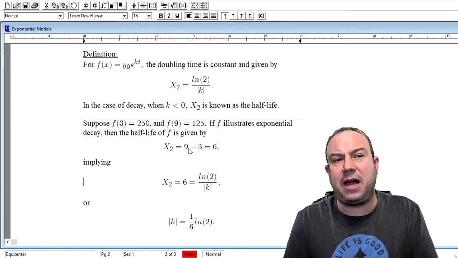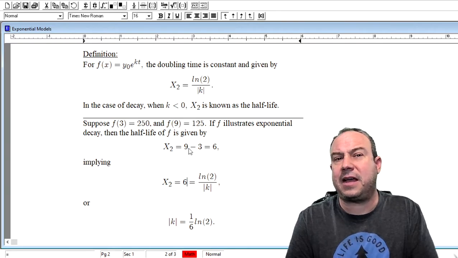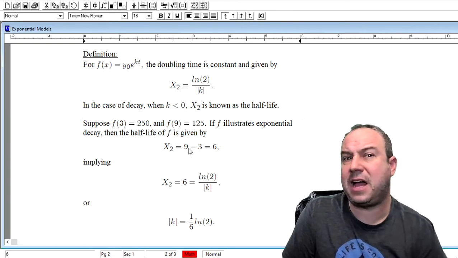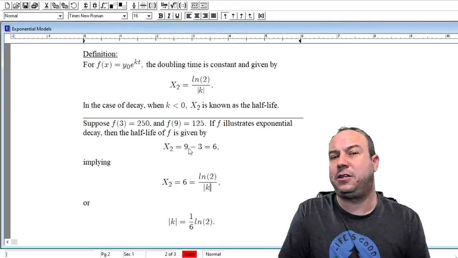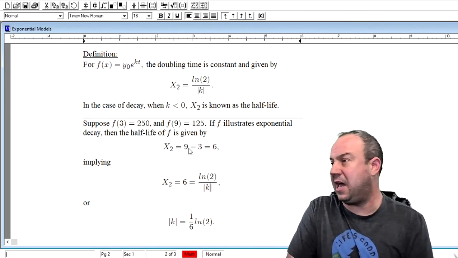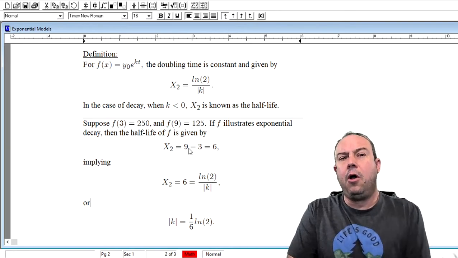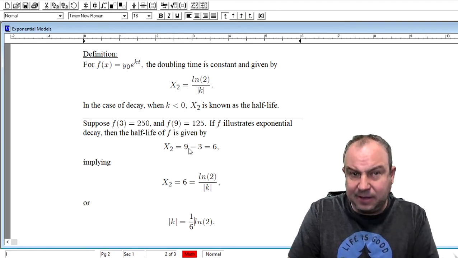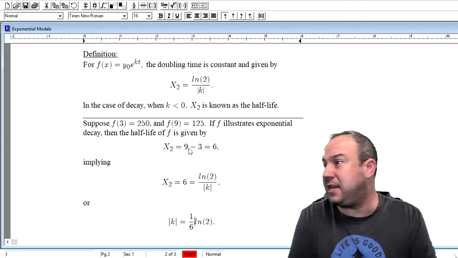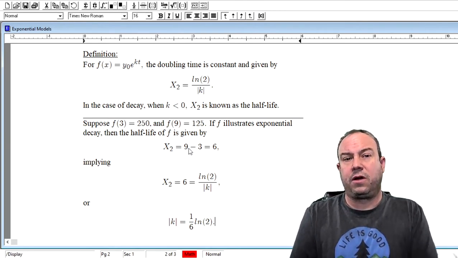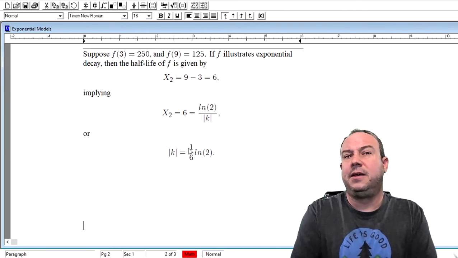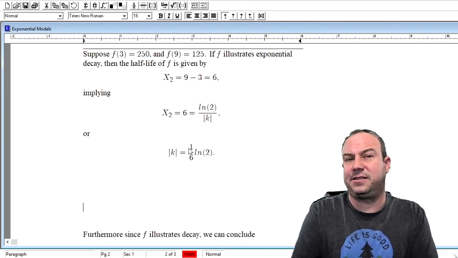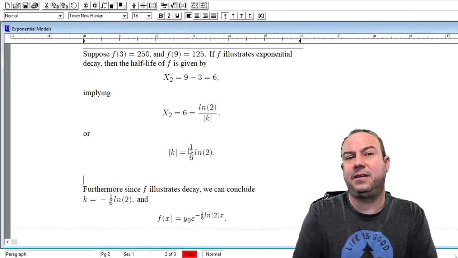Implying that x sub 2, the half-life measurement of 6, must be equal to the ln of 2 over the absolute value of k. Or that the absolute value of k must be equal to 1/6 the ln of 2. Where if we solve that for k, that is going to imply that k is equal to plus or minus,